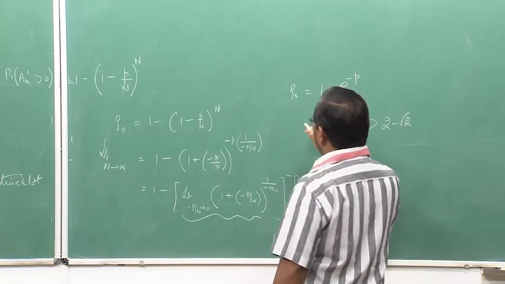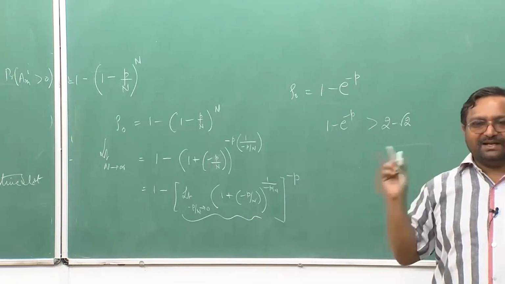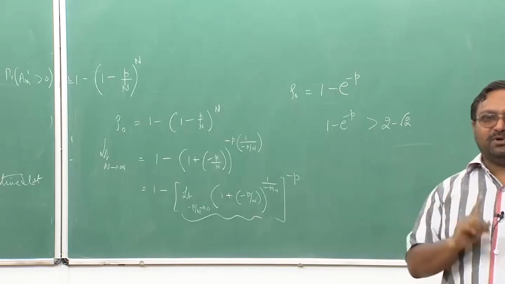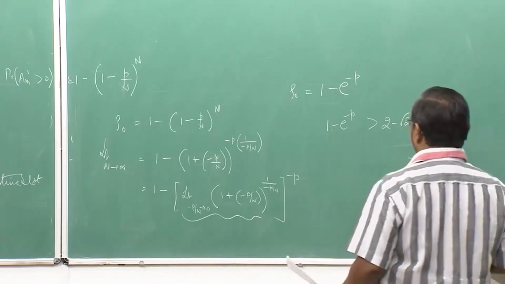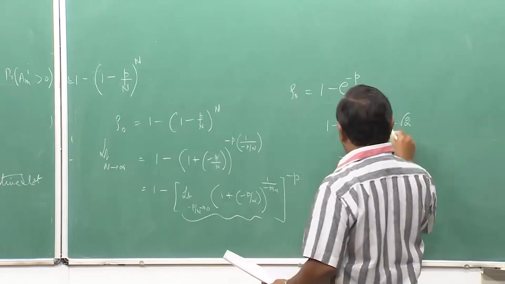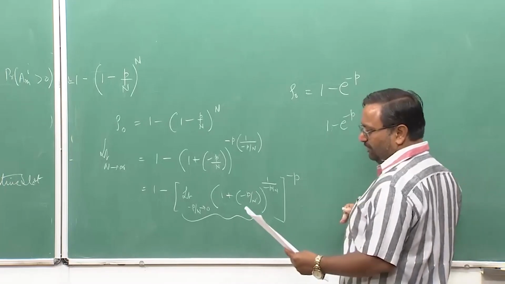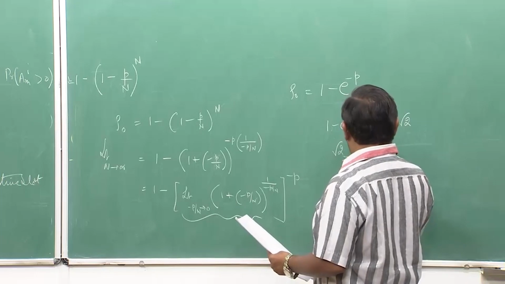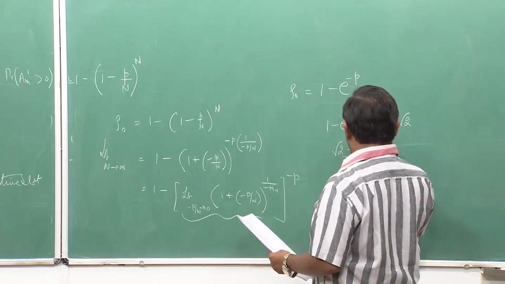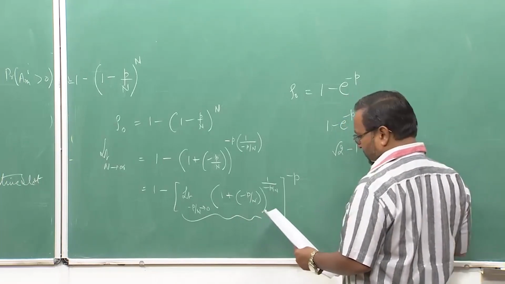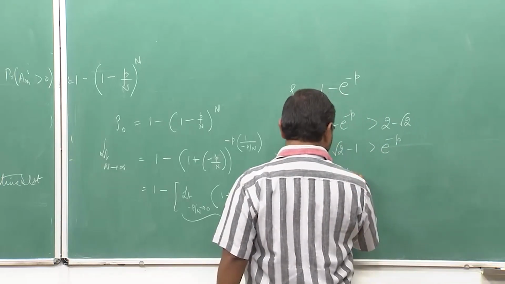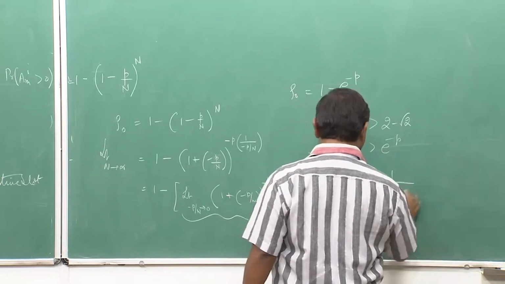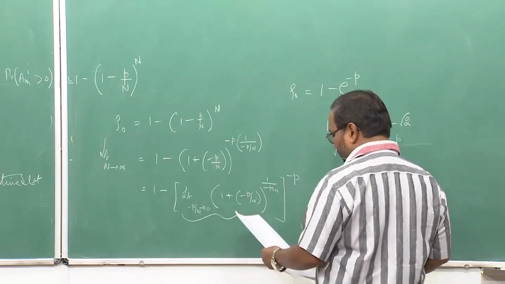Now, you have to understand rho naught is the throughput, the link utilization at the output side, and P is the input arrival rate probability. So for this condition to be true, if you solve it, you will get root 2 minus 1 greater than e raised to the power minus P, that is, e raised to the power P greater than 1 over root 2 minus 1,